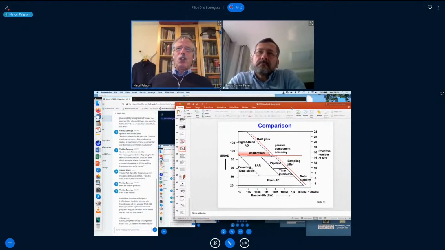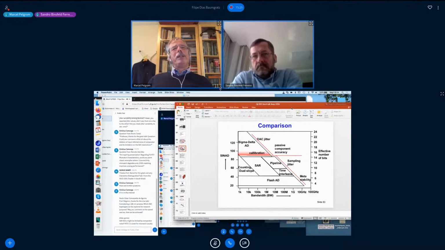So one of the projects that I did with the University of Cork was that I think most of you know what a pipeline A to D converter is. Basically, a pipeline uses an input stage, subtracts a reconstructed signal from the input signal, and then amplifies it and moves it forward. The problem with that input stage is that you take a sample, because at the moment you take a sample, you basically introduce kT/C noise.